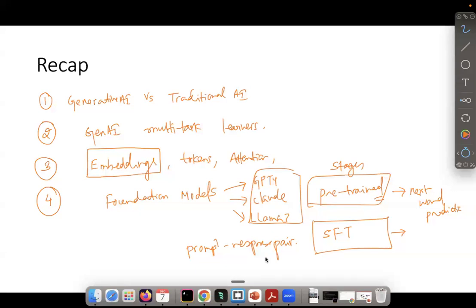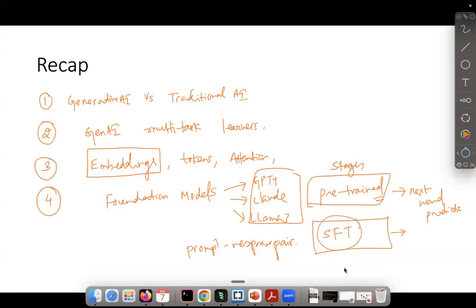For example, we ask a question: can you summarize this? Can you extract certain information from this paragraph? Can you answer this question in a particular format? Can you respond to the question and provide the response in a structured format? All the different ways to respond, the style of response, that is something that we learned in the supervised